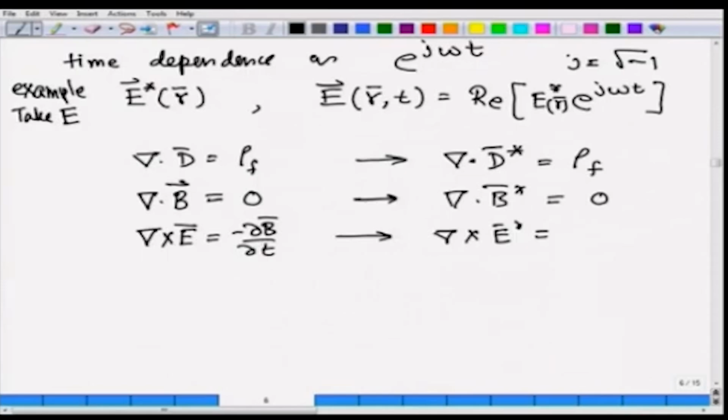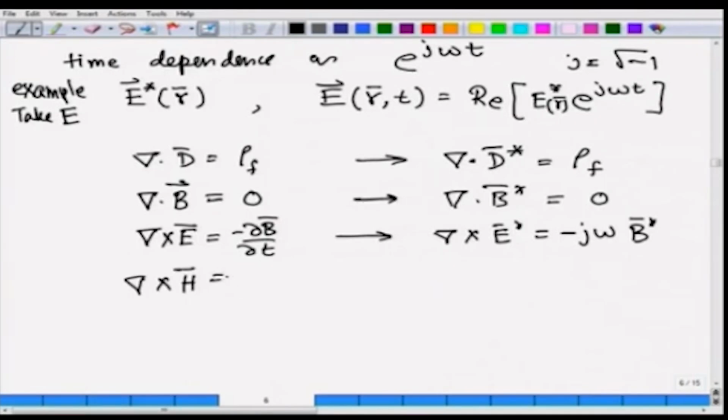So the time derivative we can write as j omega of the same quantity, since in exponential it will recover the same quantity. I am going to write therefore j omega, whenever the time derivative del t appears, a j omega will appear because time derivative is taken in this form, of B star, and similarly curl of H